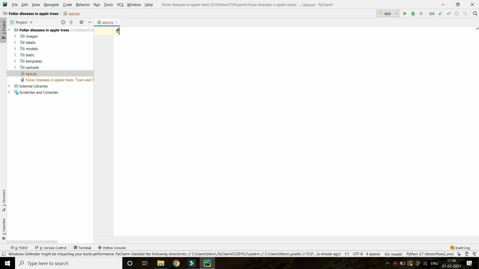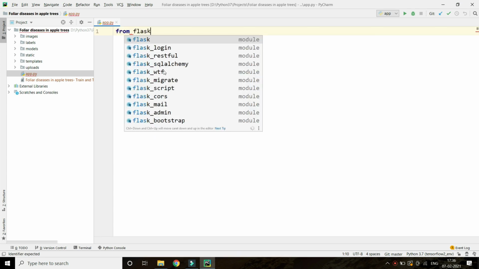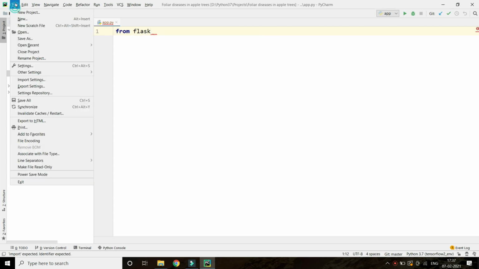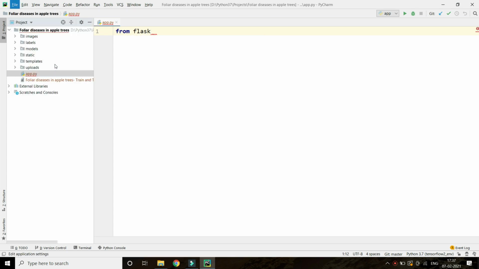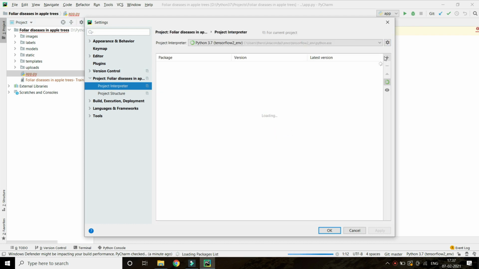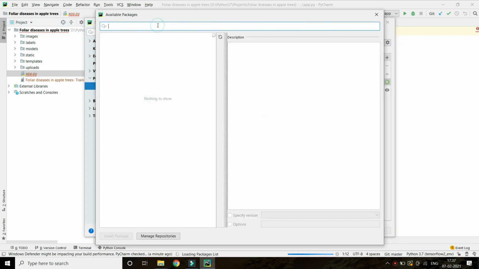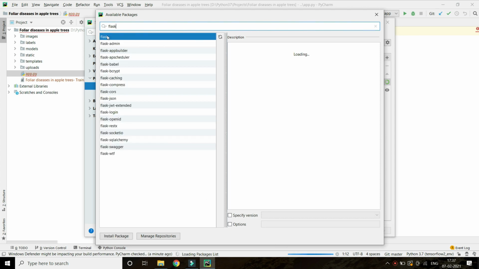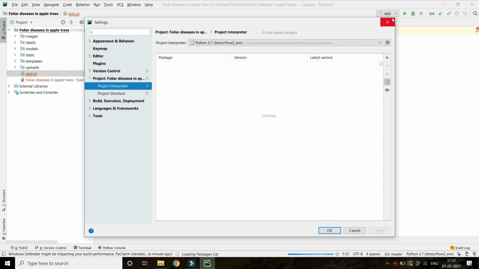In the app, we start from Flask. To install it, go to settings, click the plus sign, write Flask, and it will come up so you can easily install the package. I think I'm in my environment, let me check.